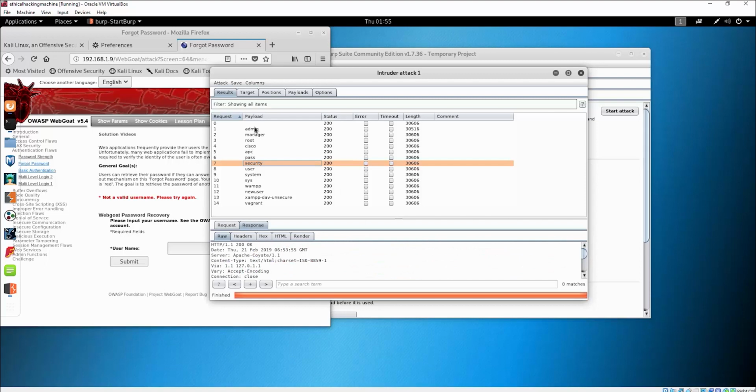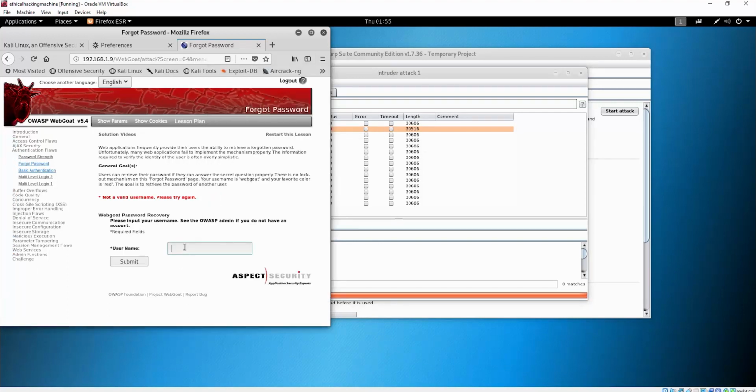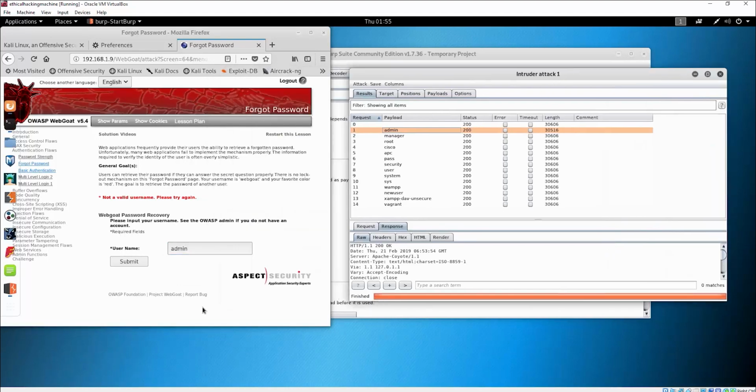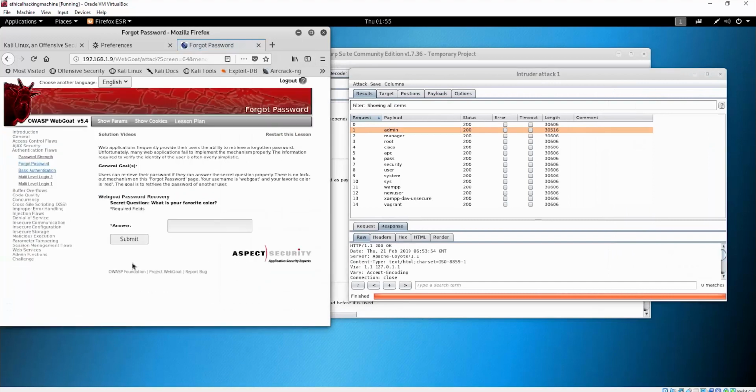and if we paste the admin right here, since we can see that this is the admin is the only one with a different length, and we click on the submit, we can see that we proceeded to the next step, since that username was a valid username, and now it says what is your favorite color for that account. Now you can